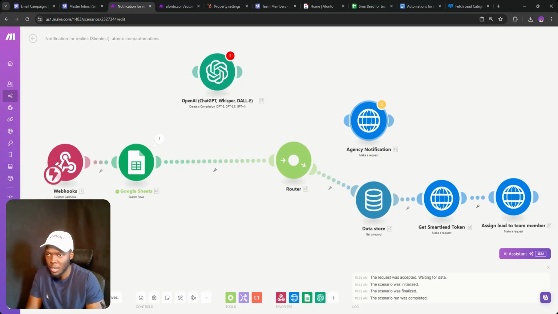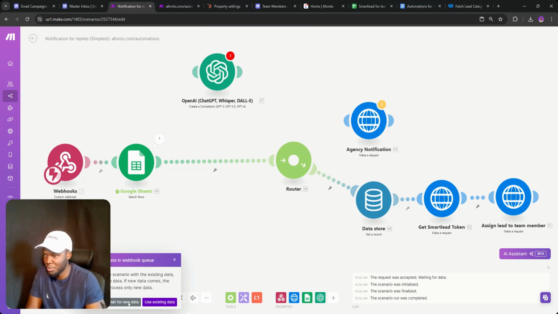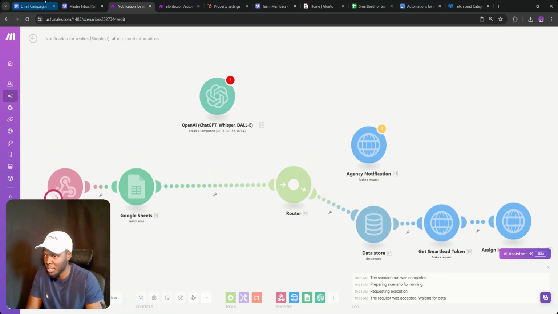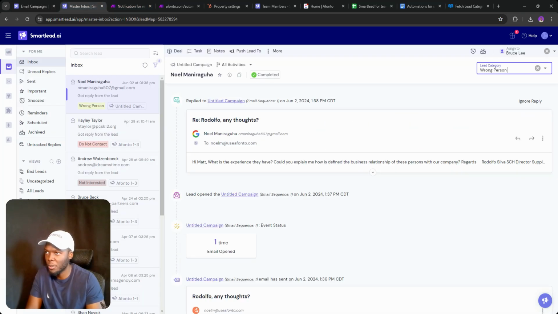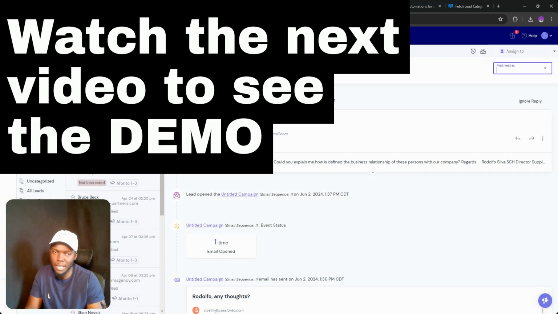Let's also unlink this agency notification. All we want to see is the fact that it is being assigned to the correct person. So wait for new data. We go into the master inbox. We remove the assignment. We remove the category, and by the way, I'm not gonna get time. We're basically done. Actually, you know